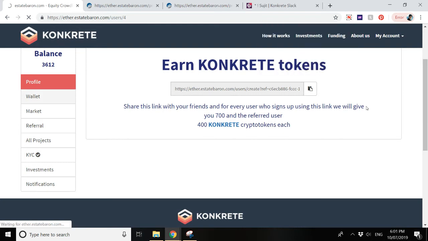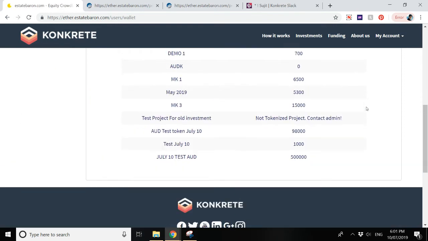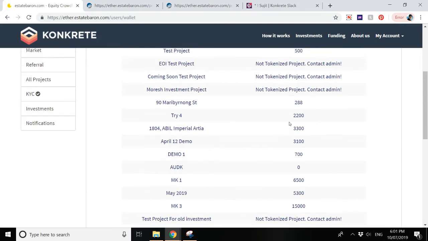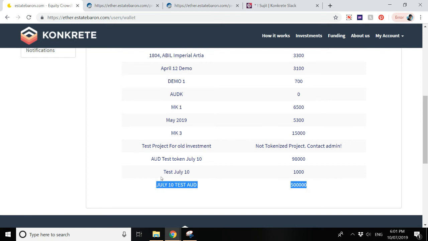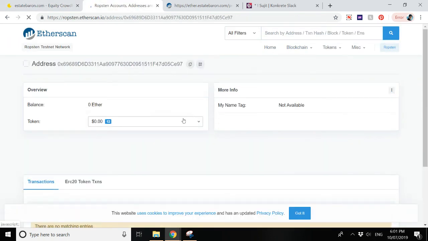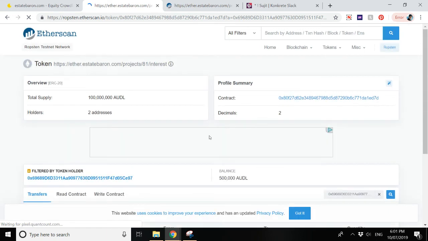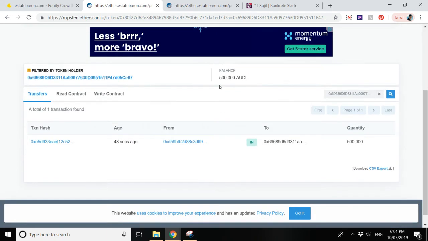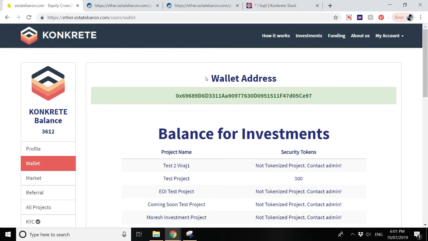It's reading the blockchain and trying to get the balance of all the things which I have invested in. So it takes a little bit of time. You can see that my wallet over here does have 500,000 tokens. And just to verify this, we go here and it will have 500,000 AUDL tokens. Okay. So now what we are going to do is use these tokens and buy